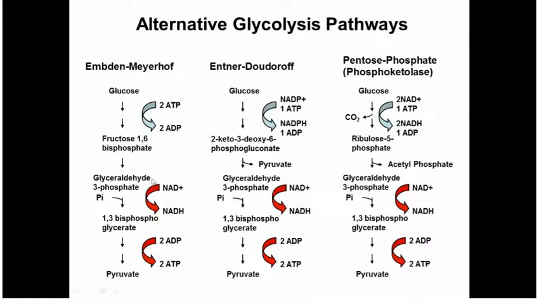Okay, what is common are the steps from this glyceraldehyde 3-phosphate. So this part here is conserved. And it has to be because these are the steps that give you the energy. Okay, so these are conserved. What is different is how you get the glyceraldehyde 3-phosphate from glucose. Now, the only one that's also worth mentioning here is the pentose phosphate pathway, because